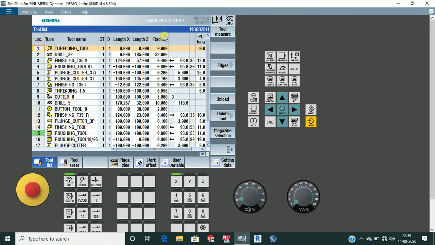It requires a separate video, and the video will be too long because I'll be including everything, and how different tools are created in the Siemens control. Basically, the offset window shows us the offset: what is the offset in length X-axis and in Z-axis, which tool we have taken for which we are taking the offset, and what is the radius of that tool. And what is ST or D, I'll explain, don't be confused.